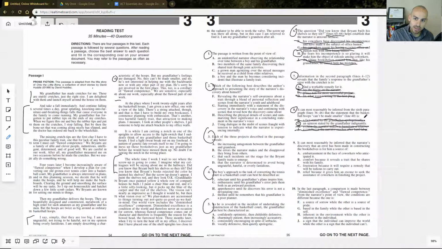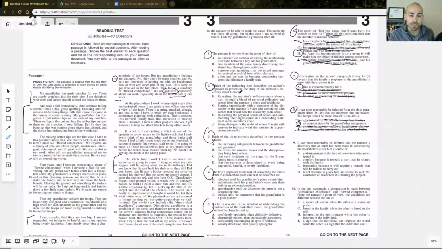And it turns out that indignantly means that you're saying something from a place of being hurt or embarrassed. And so that definitely makes sense with 8 being G, because hurt and embarrassed, that's what is supported in the text, that he's sensitive, right? Especially about the flawed part of our work. So 6, 7, and 8 are answered.